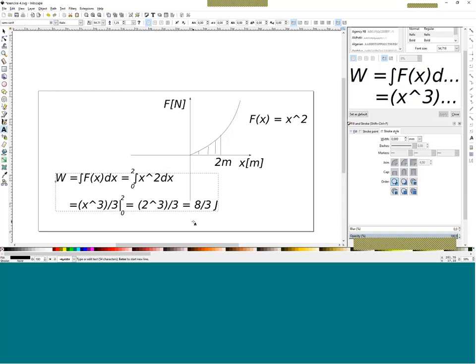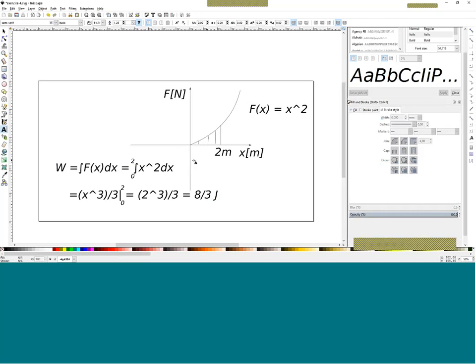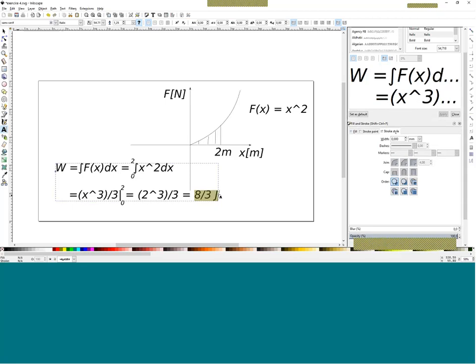I think 8 over 3 joules should work out fine because we're going to use the curve. The answer is 8 over 3 joules. This is integration, the integral of x dx to find work done over a certain range. This can be expanded, but I don't want to do this for example. That's a real headache. But this is what you should get in the end.